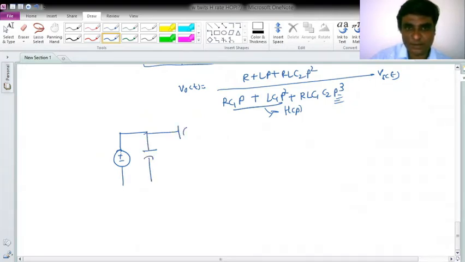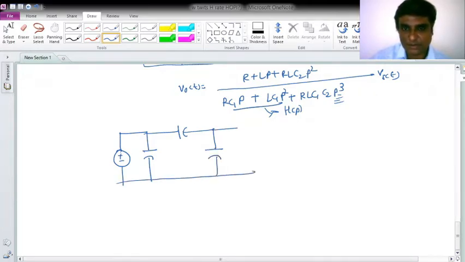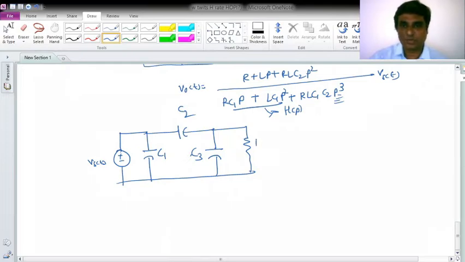One more way, again let us say I have this network, one capacitor, second capacitor, and here again I attach one more capacitor like this. Say the same network, only instead of L I have replaced it by a capacitor, and say this is my Vs of t. Okay, so what is the order of the network if I would like to calculate this voltage, say V0 of t?